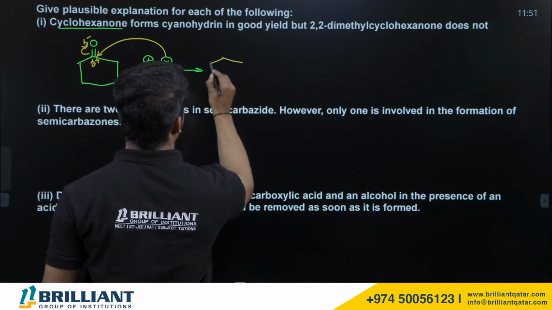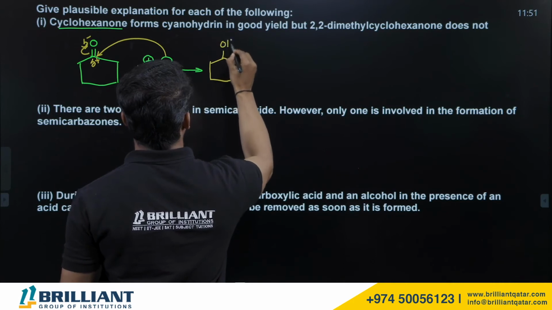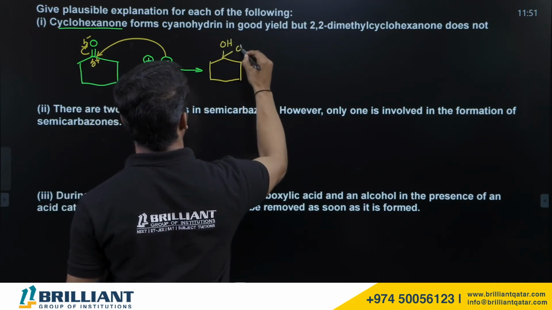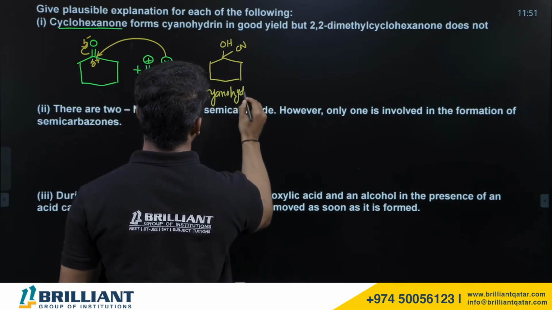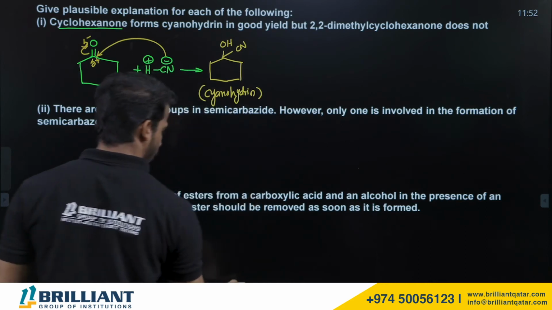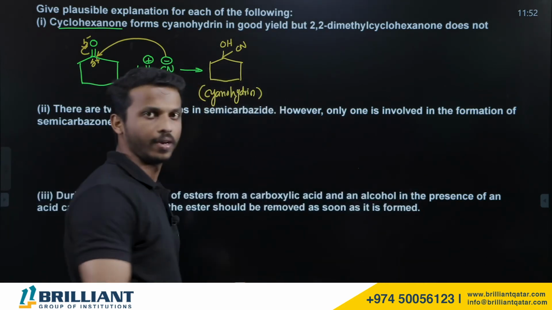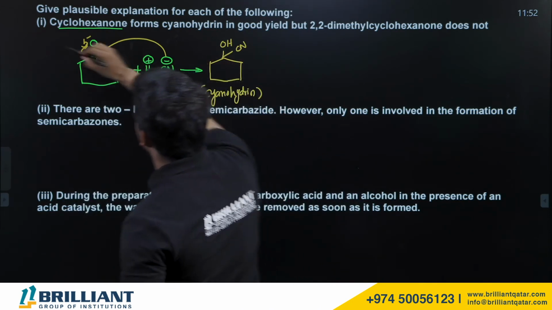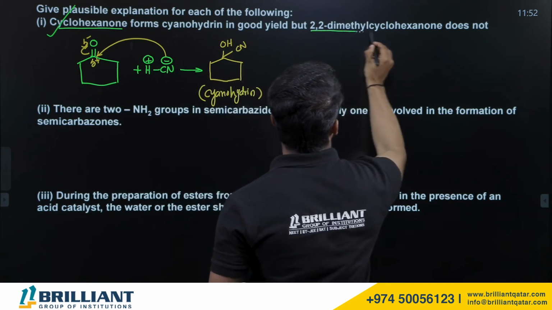So the product, let me write it here, all of you. This cyclohexane, O changes to OH, because this H comes to this O minus, and on this carbon cyanide is there. This compound is called cyanohydrin. So any aldehyde or ketone, when you treat it with hydrogen cyanide, the product is called what? Cyanohydrin. All right. This reaction gives a good yield with cyclohexanone,